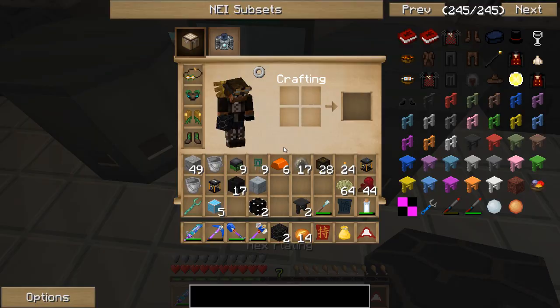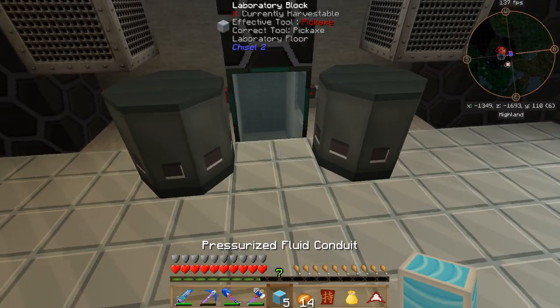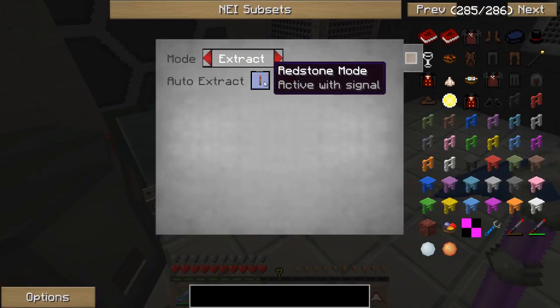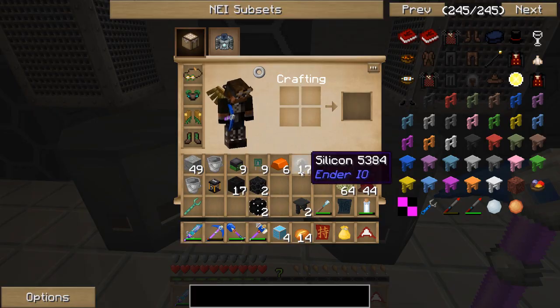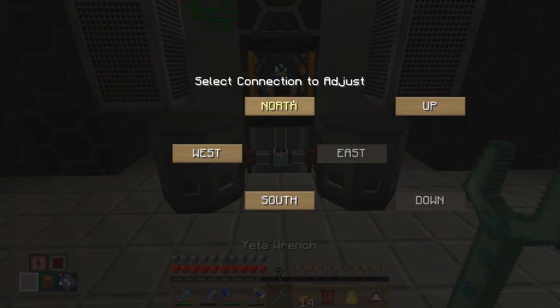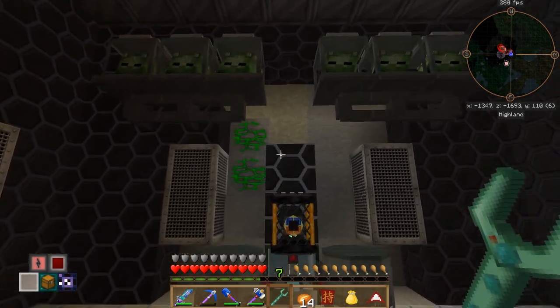So I'm probably going to, for one, place that guy back there. I'm going to put a pressurized fluid conduit here. We're going to disable this one on the back. That way it's not touching the water. And then we'll have this extract on this side without signal. Extract on this side without signal. And then on top of this, we'll set our ender tank. And then that's where we'll actually have that go into. So we'll set this on the up to insert. And then up here,